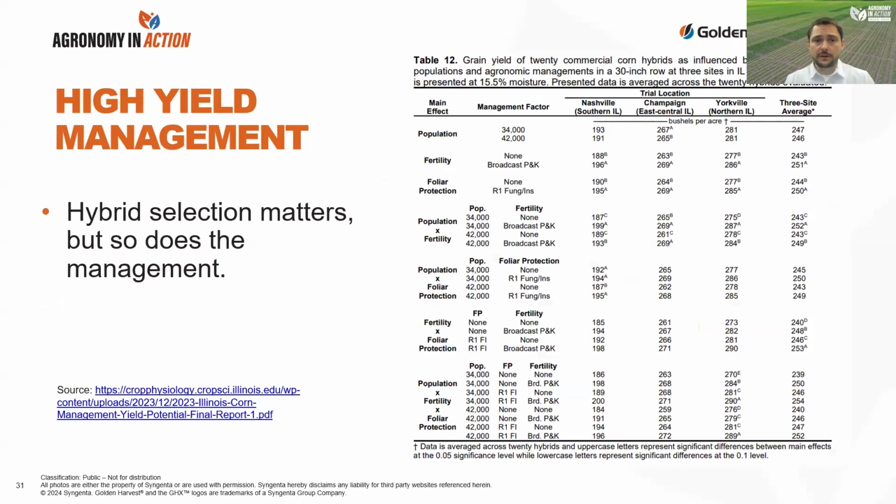Okay, I want to start to conclude a few things around this. We got a couple of slides left. There's a lot of information on this slide. I really want to focus on 2 specific areas. The first one is what we're looking at here is basically a table of some of the work that Brad showed in graphs from the work that the University of Illinois has done with their management. I took a subset of this